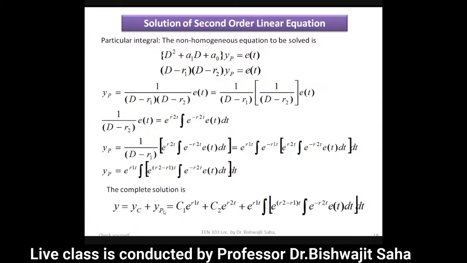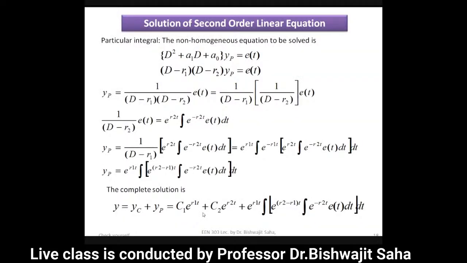yc plus yp. C and P are denoting the complementary function and particular integral, and we found the second order equation has two roots. Everybody knows it. So they have two constants, C1 and C2, and exponential terms e^(R1t), e^(R2t). So overall, the solution becomes C1 e to the power R1t plus C2 e to the power R2t plus